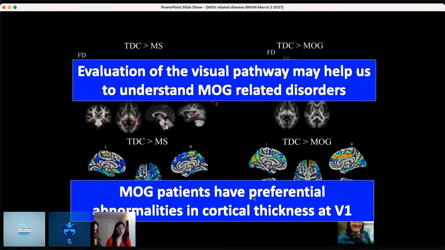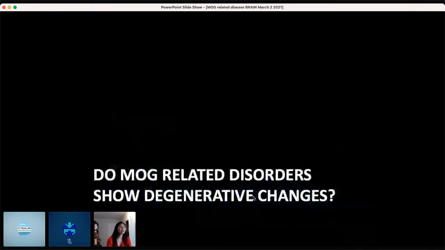Well, it's clear that antibodies make a difference. It's clear that the visual pathway is important. Do we see any degenerative changes like what we see in MS patients? So this is just early work, but I wanted to share this with you because I think it's really important to think about, because those of us in the field who've taken care of children with acute disseminated encephalomyelitis in